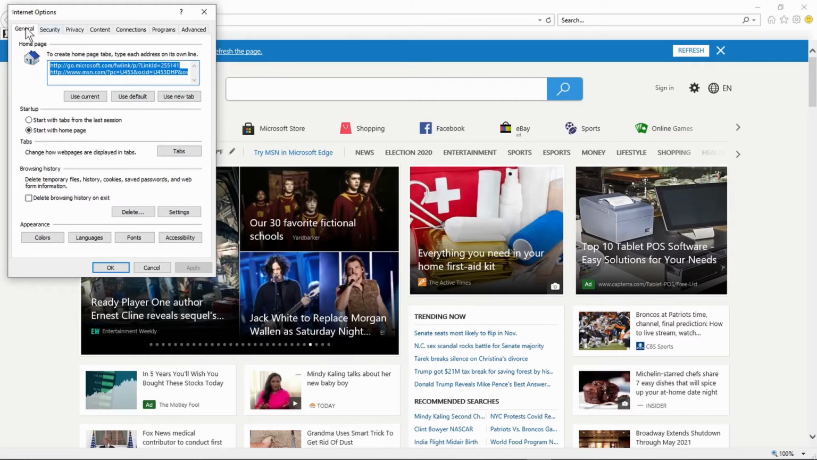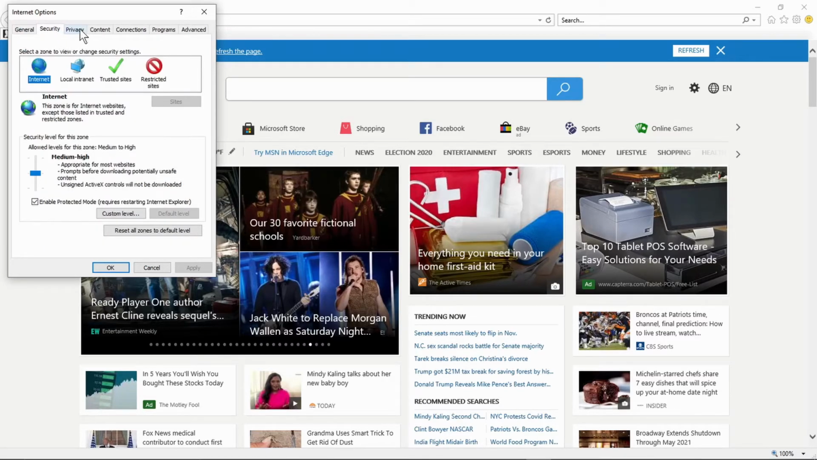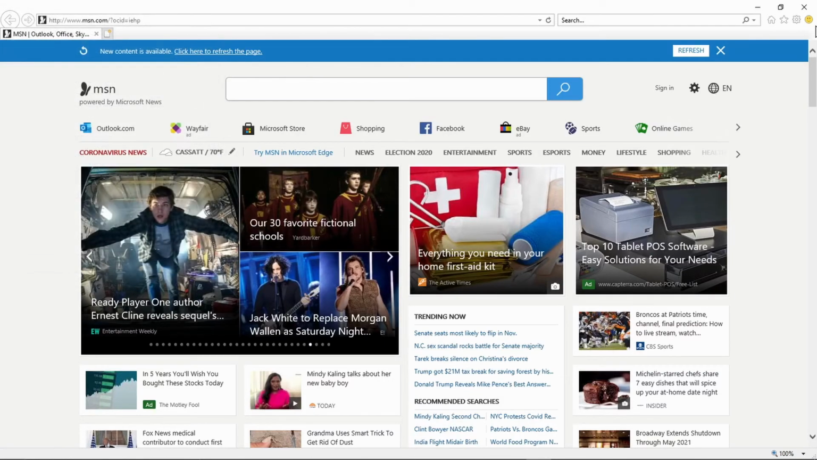So you should look in the general and the security, see if the internet is actually set correctly, or if you have any type of restrictions that is blocking the Trading Simulator 3 from actually working. Okay,